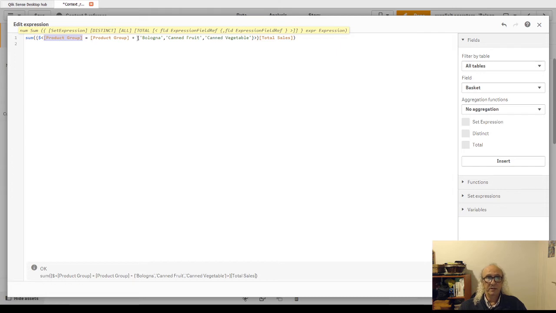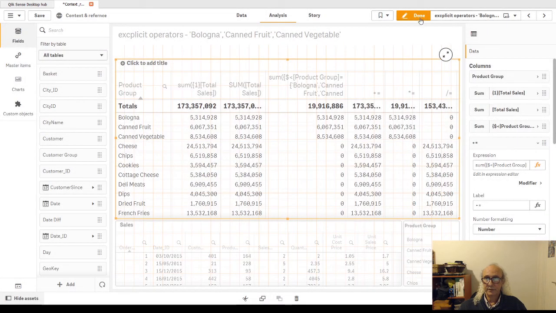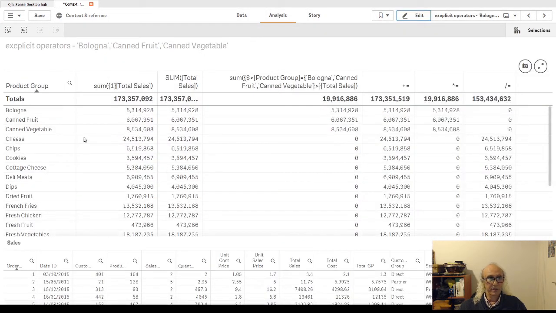But instead of just telling it to do it only with these values, I tell it to do it in an intersection between what is already possible, what is already white or green in the field product group, and this element set that I put on the other side of the equation. So actually, if we look at this, when I don't select